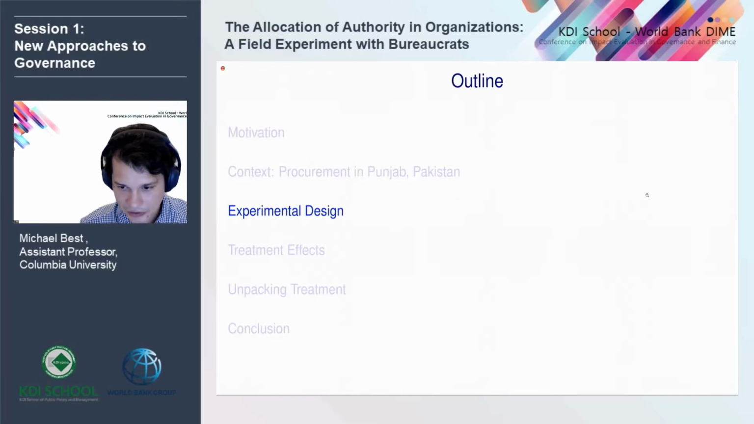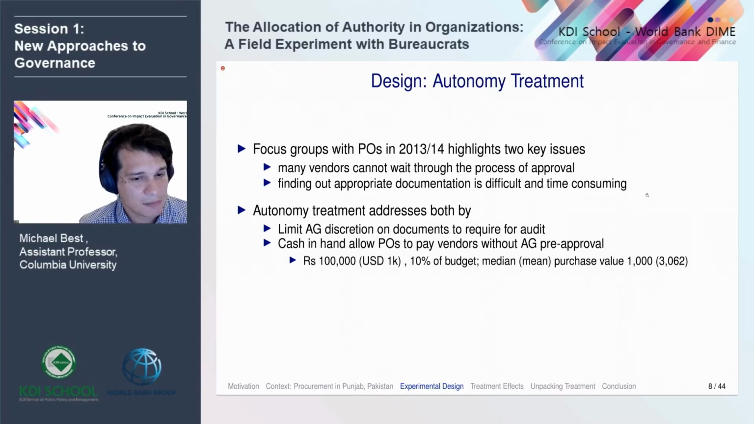So in this context, we're going to run a field experiment. Here's how we did it. There are going to be 2 sets of treatments. One is an autonomy treatment, where we're going to try and shift who's able to make the relevant decisions. And then there's going to be an incentive treatment. So the autonomy treatment we designed by